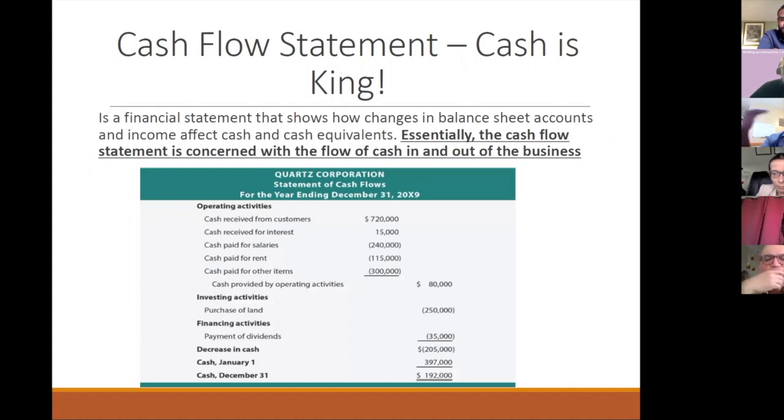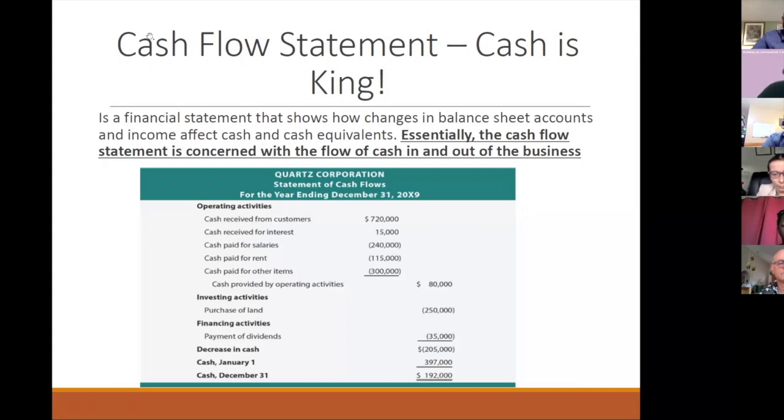Your ability to sustain yourself as a company depends on having cash inflows and cash outflows. Now the banks, if you're going for a loan or a grant from the bank, are starting to ask small businesses to also provide their cash flow statement. Which is interesting because a lot of companies, although they are showing a lot of money in accounts receivable, which are assets on their balance sheet, they're not getting paid for it.